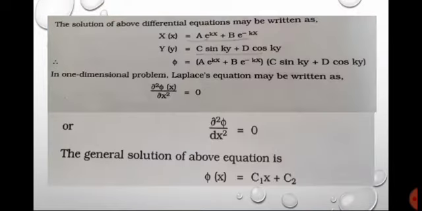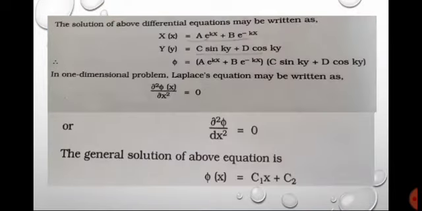So one of the constants is positive and the other two are negative. Hence c1 is equal to k square and c2 is equal to minus k square, where 1 upon X d square X upon dx square is equal to k square, or d square X upon dx square minus k square X is equal to 0, and 1 upon Y d square Y upon dy square is equal to minus k square. Then d square Y upon dy square plus k square Y is equal to 0.